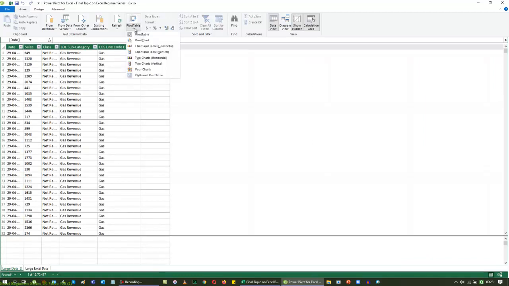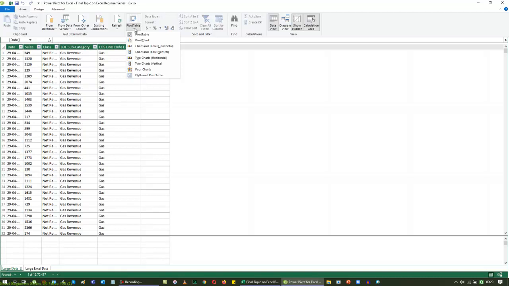When I click the pivot table, we never had a pivot table option like this before. It shows a pivot table for us. It never asks whether you want to create a horizontal or a vertical pivot table, or whether you want a chart and pivot table in a single instance, charts alone, or a pivot table alone, nothing like that. So in the Power Pivot window, we have this extra option. This allows you to create a dashboard faster.